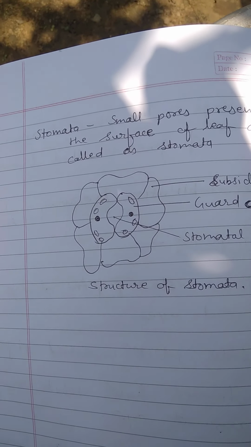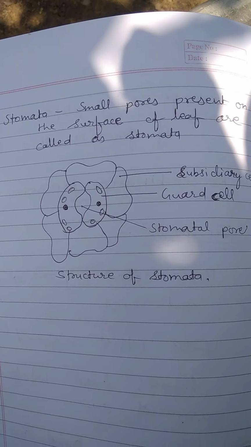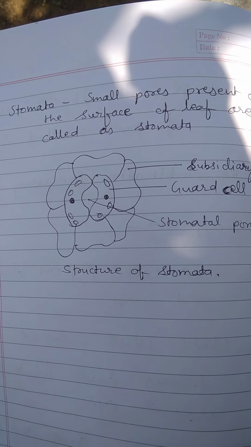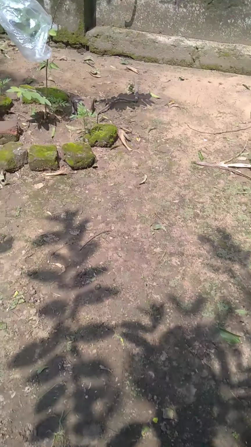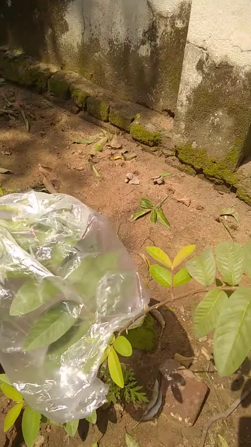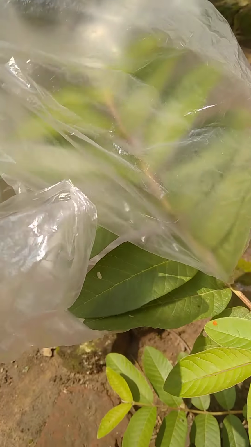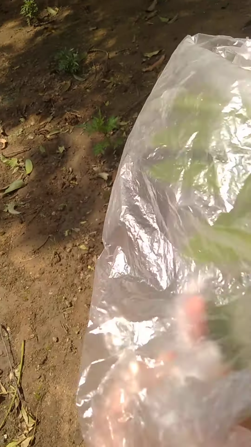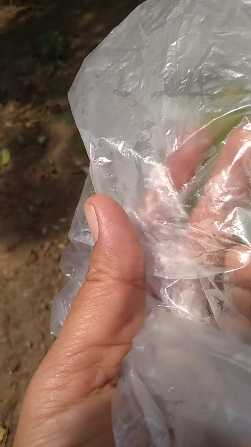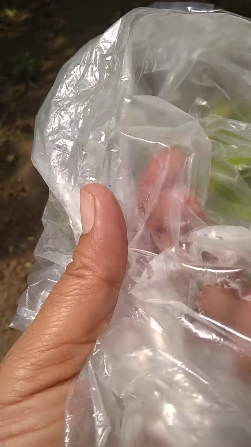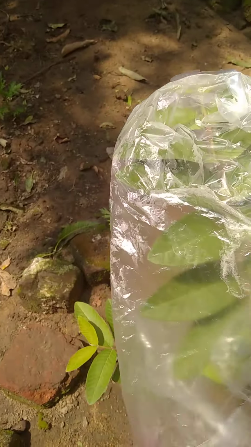So, this is all about the transpiration process. I hope you have understood this activity. Here you can see the newly kept polythene bag. Here you can observe that it is starting transpiration. You can observe some moisture inside it, some white color moisture starting. The process has started now, and after some time you will find some water droplets inside it.